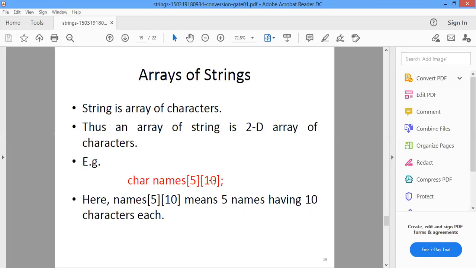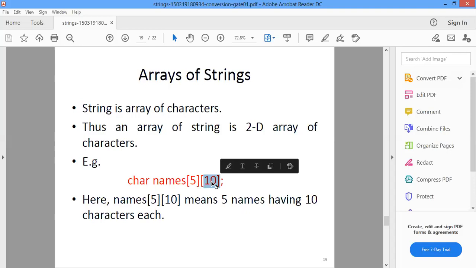And how many strings can we enter? That is 5. Again, let me repeat, the size of each string is 10. The length of the string can be a maximum of 10, or anything less will work, but maximum 10. Otherwise, your output will be incorrect.